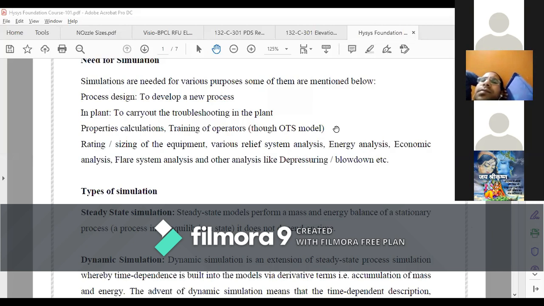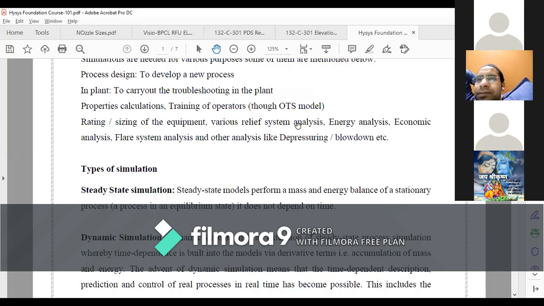Then he or she will be associated with the panel operators who operate the plant through the DCS. This way he or she will continue their training. This is one process, and this step is very long, and you require a long duration for this kind of training.